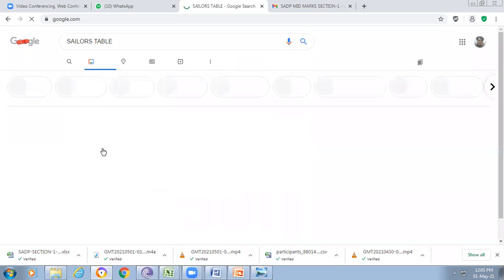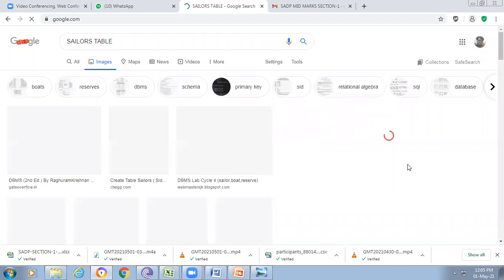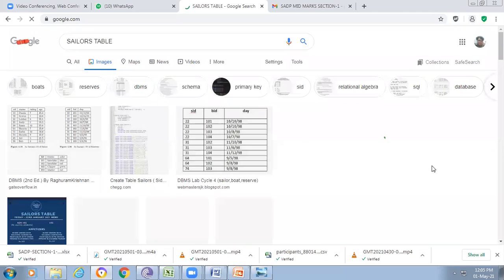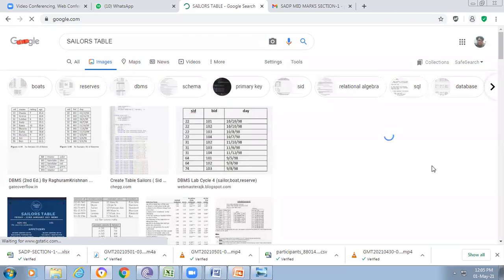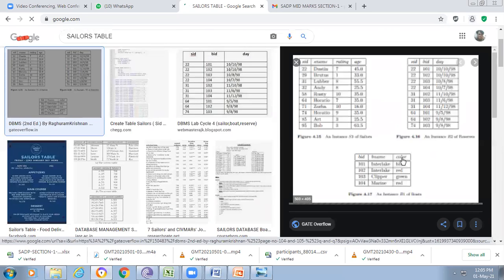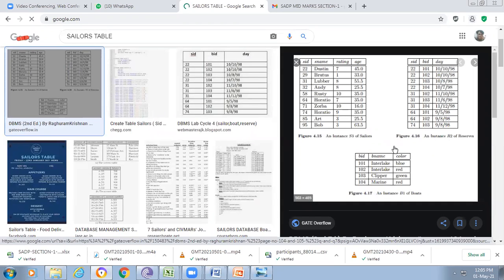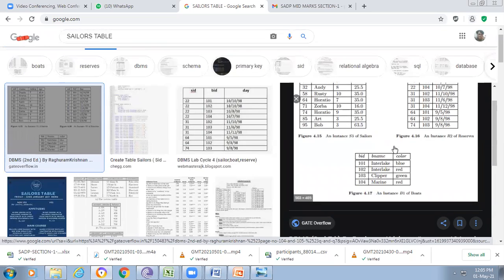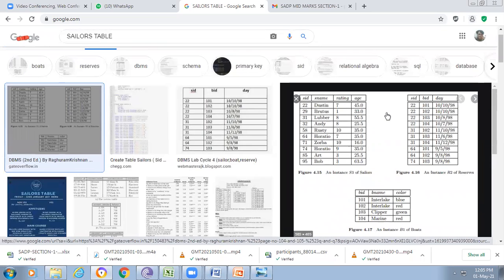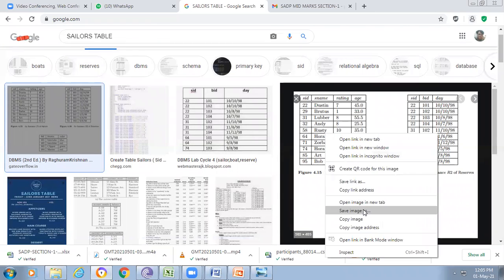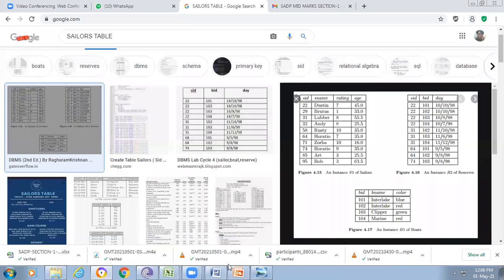so please observe this. I think you are able to see it on the screen. Am I right or not? So I will try to save again.